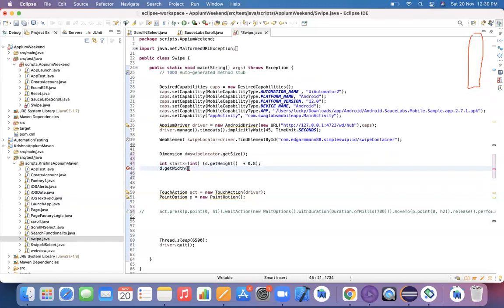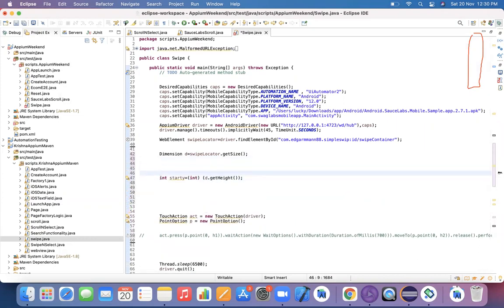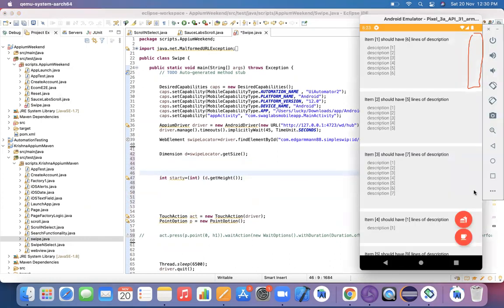Basically what I'm doing, height is a y coordinate and width is an x coordinate, right? So here let me do one thing. This height I'm not multiplying with anything and I'm considering it as startY. Initially I have captured my Y coordinate itself. In the example, we are not changing vertically, right? We are changing horizontally.